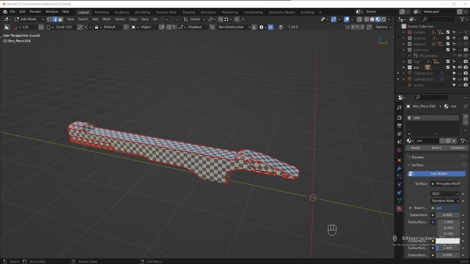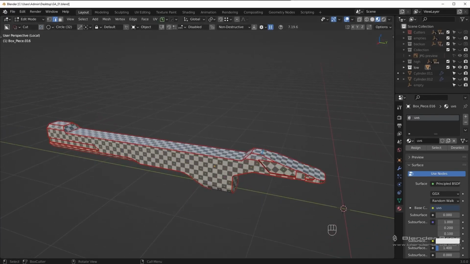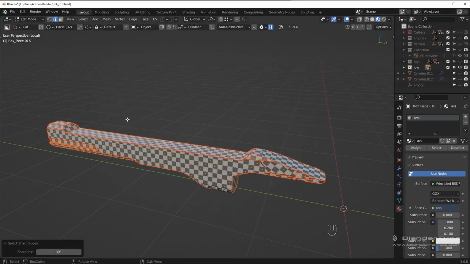Welcome back. In this video we're going to continue with the automation process of our workflow, specifically focusing on UVs, because UVs are what we're automating here. So there's going to be some issues that occur whenever we use the select sharp edges feature. It does most of the work for us, but there are some scraps that we have to pick up at the end,